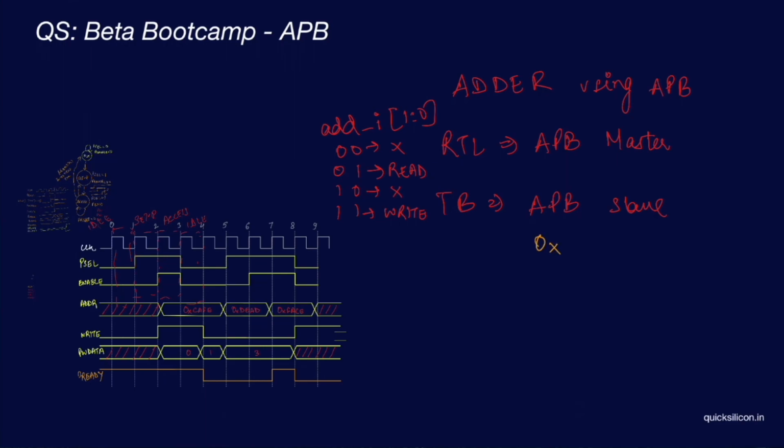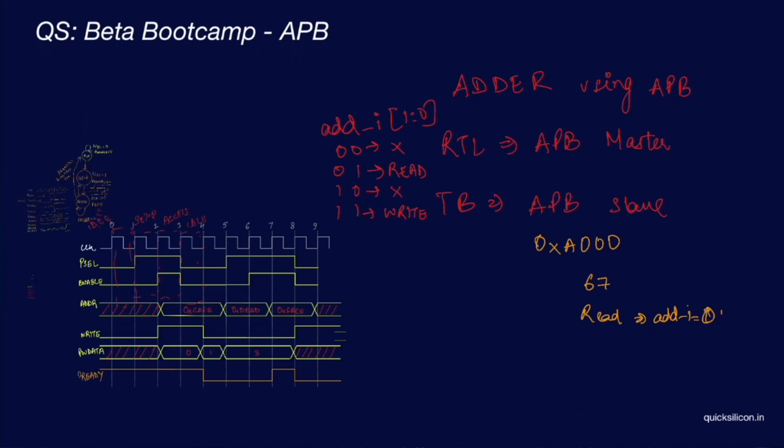Let's call it A followed by 3 zeros. In this particular address, your test bench will program a certain value. Let's say that it programs a value of 67. So what your test bench can do now is first issue a read request. How will it do that? By asserting add_i to a value of